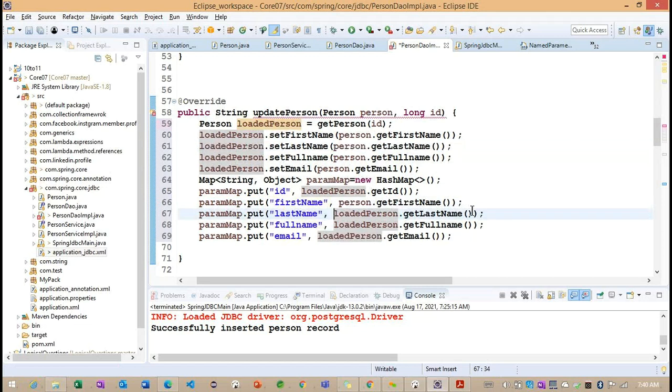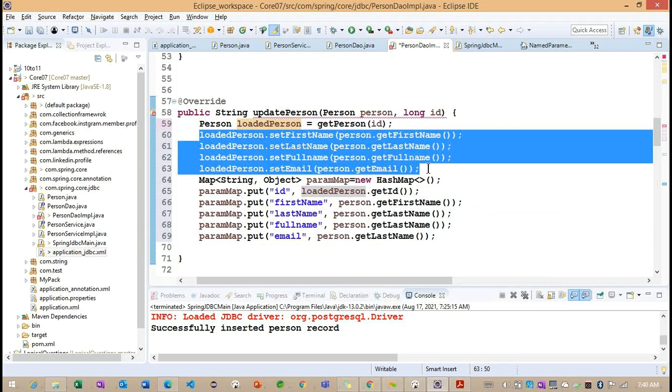And here we can give the ID from the loaded person ID, and we don't need this much object information.